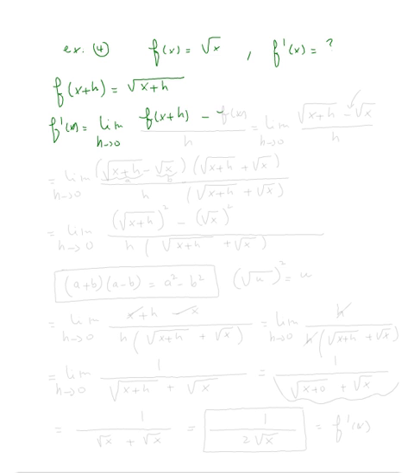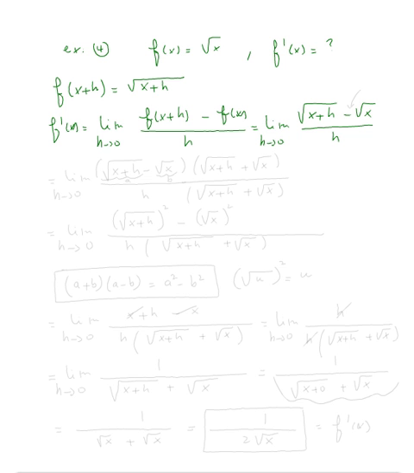Now, f prime of x is equal, by definition, to the limit as h approaches 0 of f of x plus h minus f of x, everything over h, which is equal to the limit as h approaches 0 of the square root of x plus h, minus f of x, which is just square root of x, everything over h. Now of course, if you plug in 0 you get 0 over 0,